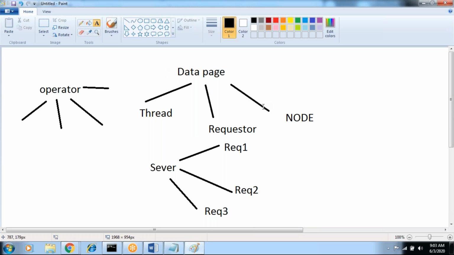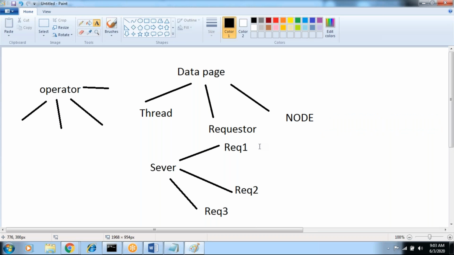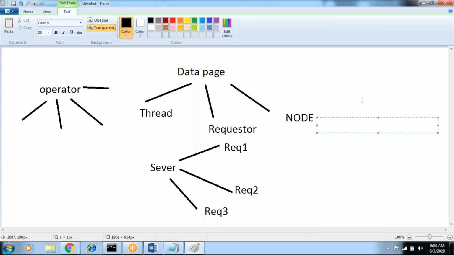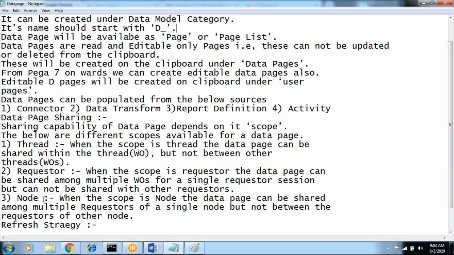So this is the types of data pages, or somebody calls them modes of data pages: thread level, requester and node. What is the thread level? When scope is thread, the data page can be saved within the thread only. Within the thread means within one work object, not between others.